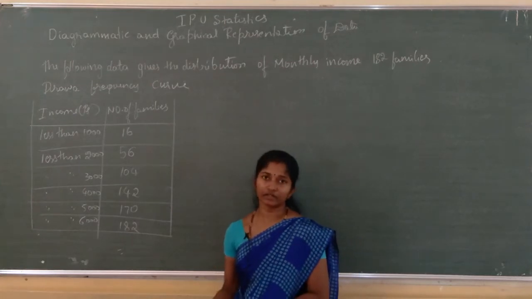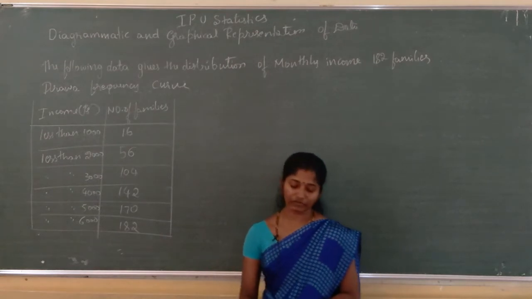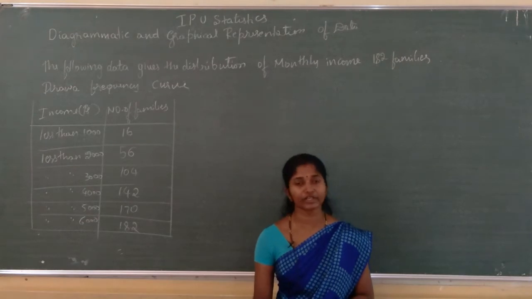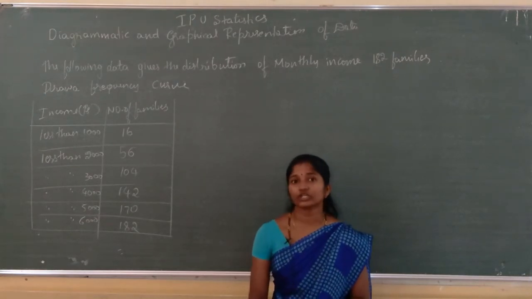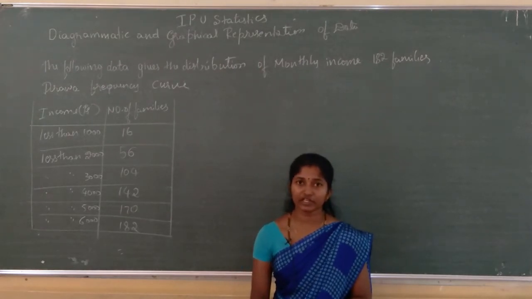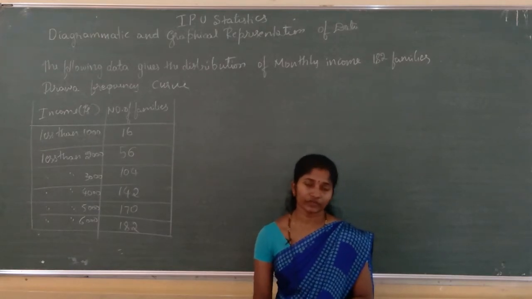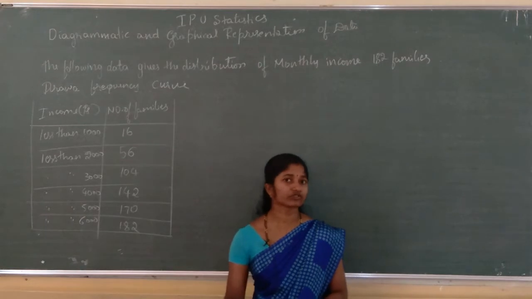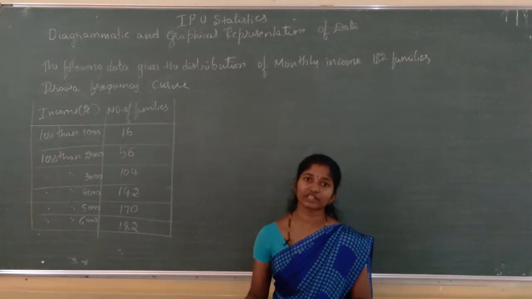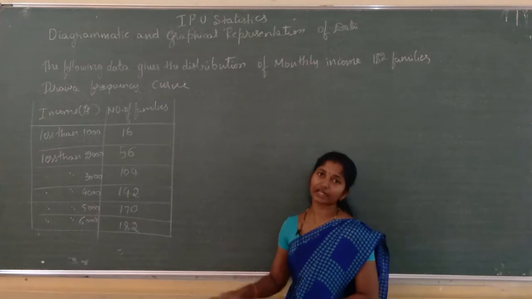First, you should consider. In the central tendency we have learned that if the data is given in inclusive, we should convert into exclusive, and the data which is given in the LCF, less than cumulative frequency, that also you should convert into normal frequency. If that data is given in unequal width for some of the problems, that is for the mode, if there is unequal width you should convert into equal width. Here if there is an unequal width, we have considered how, that means we have taken which one? Frequency density we calculated.